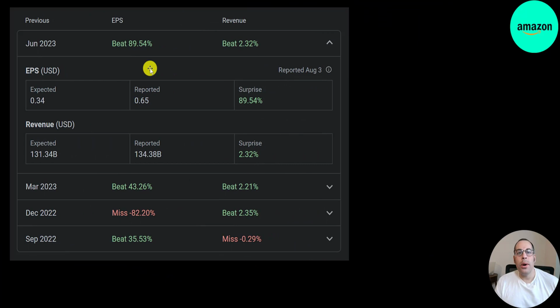They reported their quarterly results last night, and they crushed earnings by 90%. They beat revenue by 2.3%. Expected earnings were 34 cents, they reported 65 cents. So that's a 90% improvement. And their expected revenue was 131 billion, they reported 134 billion, which I think is their second most revenue in any